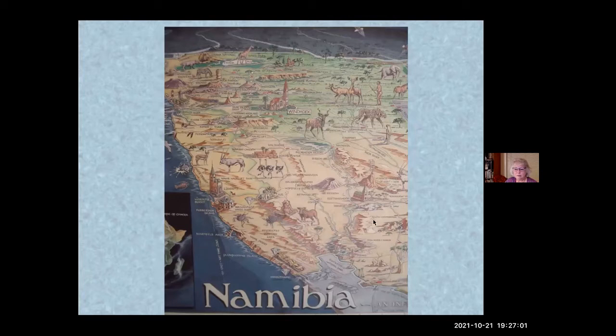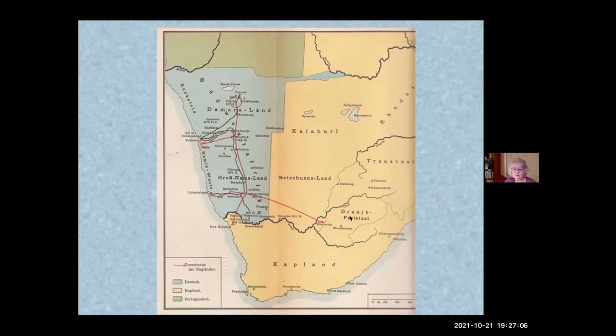Here's another map of Namibia. And let me go back one just to tell you, if you remember, this is where we were. Oranje Vrystaat is where the kimberlite is found and the diamonds are found from Cullinan. They are usually mined, like we saw, in open pit areas, but some of them find their way down the Orange River. And if you follow the Orange River all the way to the ocean, you can tell that, of course, some of the diamonds are washed all the way down into the ocean,